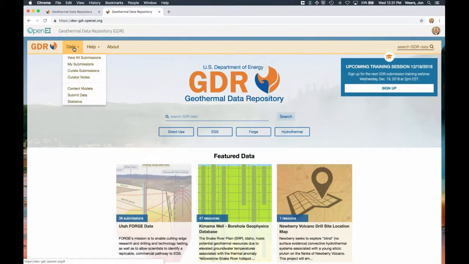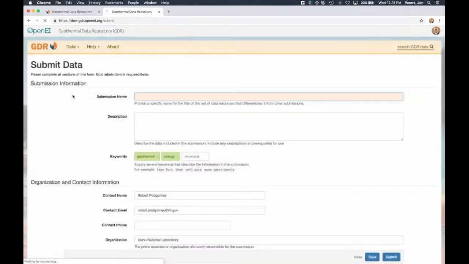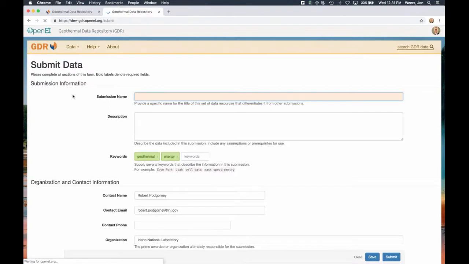So I will show you how submission works. When you're ready to submit your data, you'll come in here, hit submit data. It's a good idea to have your submission pre-organized, but it's not necessary to have it all ready to go at the same time. You'll be able to save throughout the process, et cetera. I'll demonstrate that as well. The first thing you'll see is